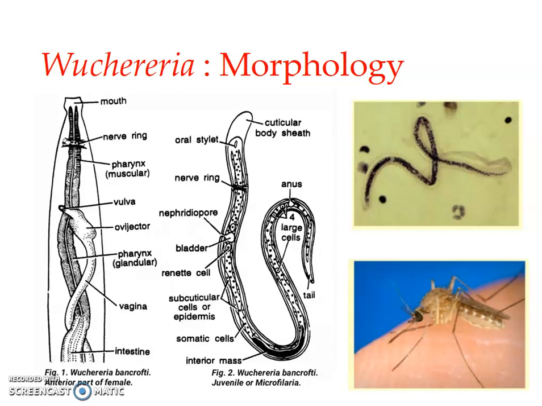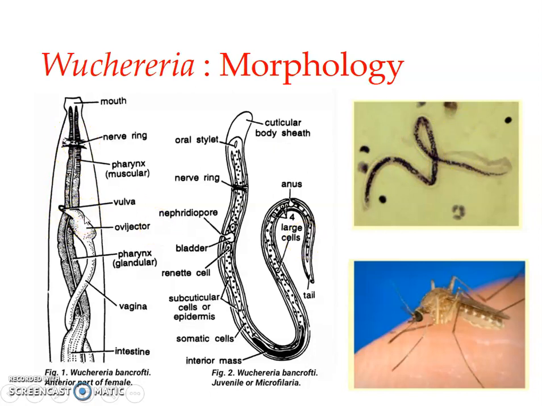The adult worms live coiled up in the lymph glands and lymph passages of humans. So that is where they usually are found in the case of human beings. Regarding the morphological features, you can see that the adult worms are here. This is the anterior end. This is a photograph of the filarial worm, and this is the anterior part of the female.